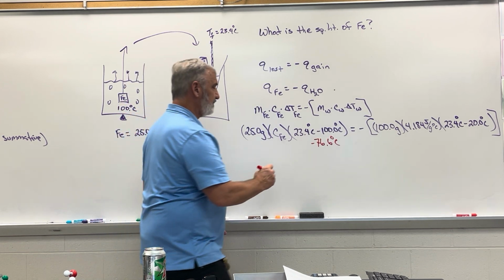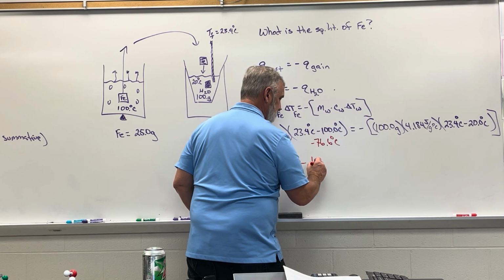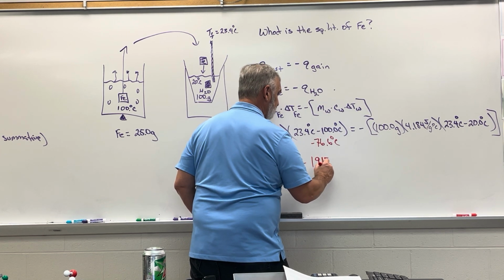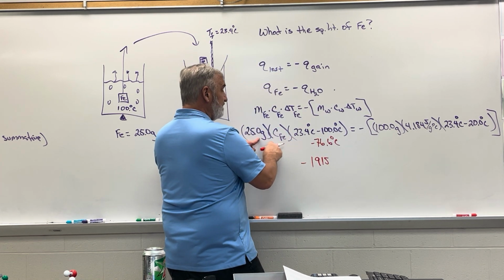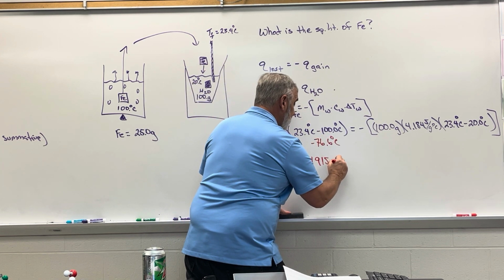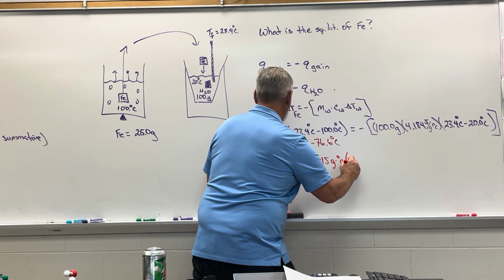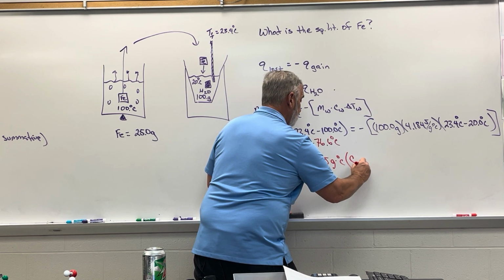Negative 1,915. And now notice that that's grams and degrees Celsius, nothing cancels. So that's grams times degrees Celsius, times the specific heat of iron